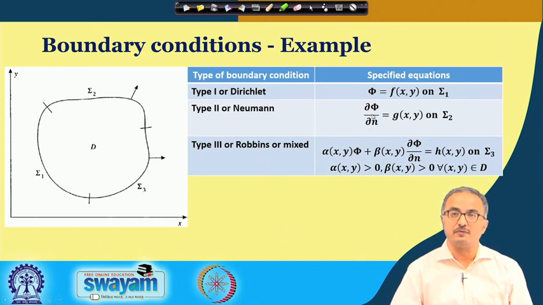In the second boundary, if you talk of this type 2, we can say that dou phi by dou n equal to some function on sigma 2. So, in this particular domain we are putting a type 2 kind of boundary condition. And next is the type 3. Suppose in this sigma 3, you can see now this particular equation. Here we have this type 1 term and this type 2 term,